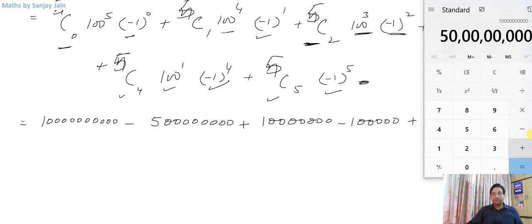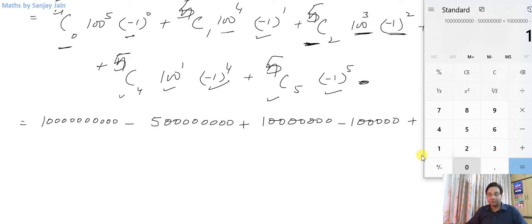Okay, this was minus, right? Then plus 1 followed with 7 zeros. Then minus. You should not be doing the calculations wrong. That is the last thing that I want from you. Because if you don't know the concept, that is one thing. If you know the concept but lose marks just because of these addition problems, that will not be okay. What was the last term? 5C5 was 1, minus 1 raised to power 5 was minus 1. So I have to subtract 1.